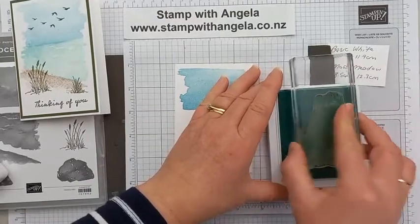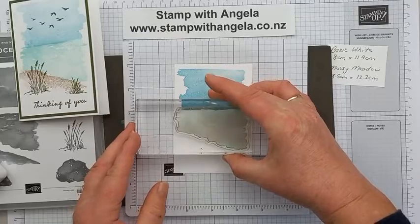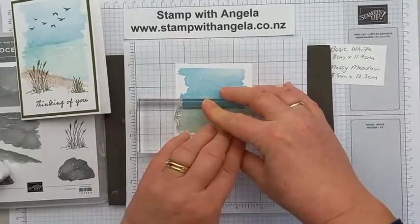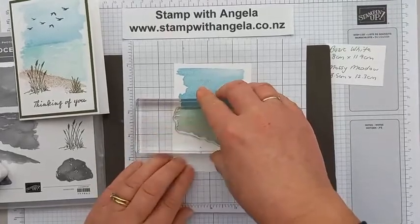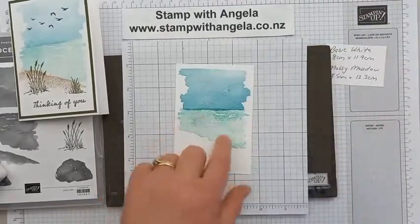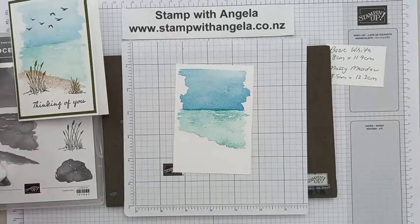So this isn't too bad, it's not bubbling, so it's not too inky, which is good. So I'm going to just right underneath, or just overlap slightly, press it down, and it does help having something spongy like this with a very solid stamp. And it is that sort of washed look. All right, now